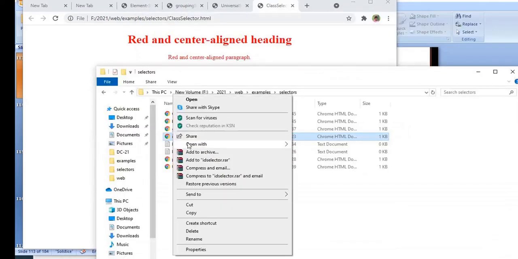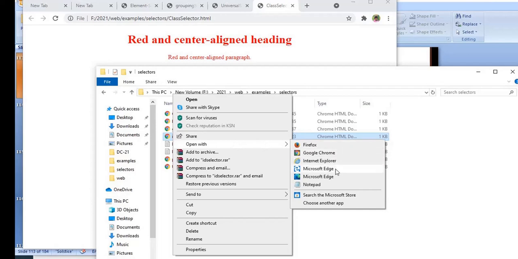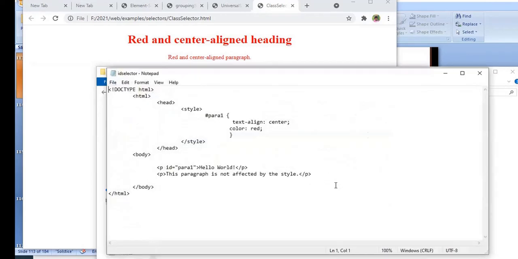Now the ID selector. It is similar to the class selector, but it is applicable to a single HTML element. Some browsers will accept more and apply the style. Class and ID are both attributes of tags; all tags have these two attributes. Here I am specifying the ID for this element as para1.